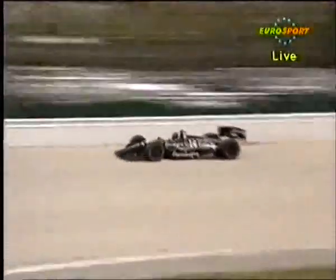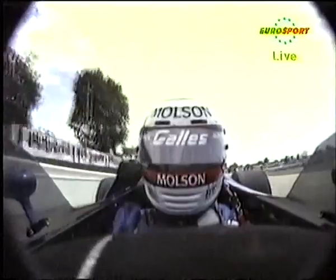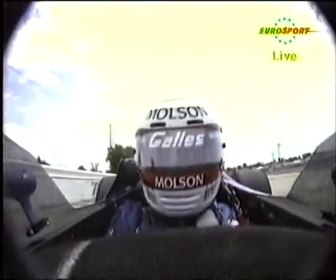Foyt himself, many-time winner here at Milwaukee. In fact, one of his most famous results here at Milwaukee was not when he won it, but when he turned up with a dirt sprint car in 1965 and actually raced against the mid-engine specials in his front-engined dirt oval race car. Now here we are looking at Danny Sullivan from the onboard camera, looking back at Danny Sullivan,